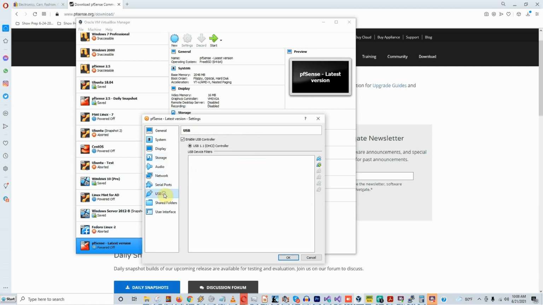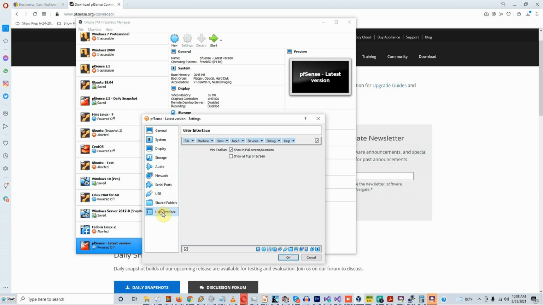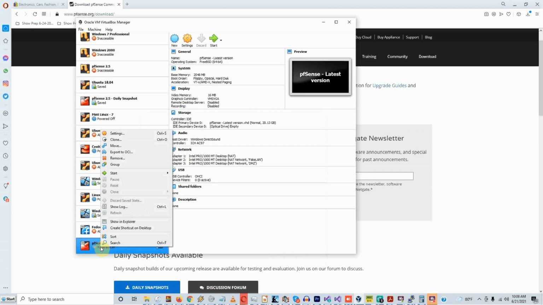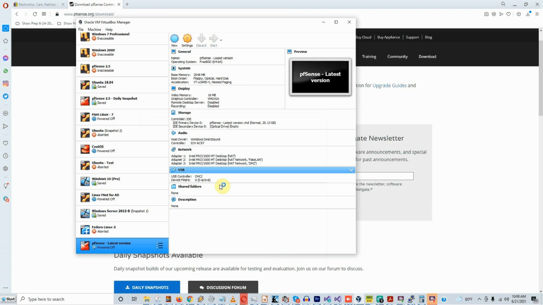So we don't have serial ports. I don't think we need one. Shared folders. So okay, I think we're set for pfSense. So I'm going to click on start, normal start,